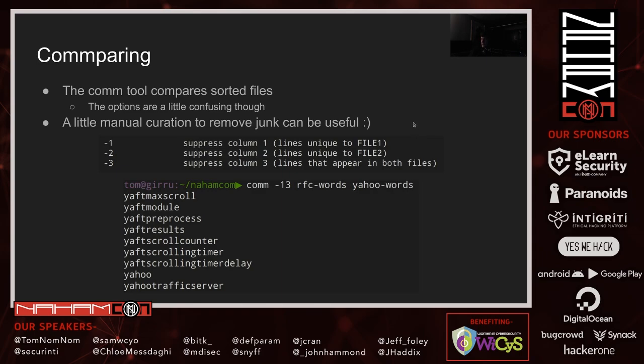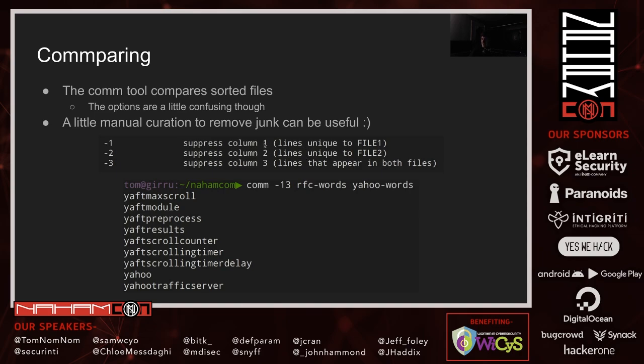So the comm tool compares sorted files and tells you which lines are unique in each file. And by default, you get 3 columns of output. And this is part of the reason that the options for it are a little bit confusing, I think. So this is part of the man page from the comm utility.